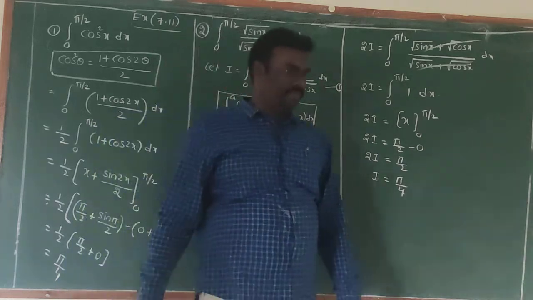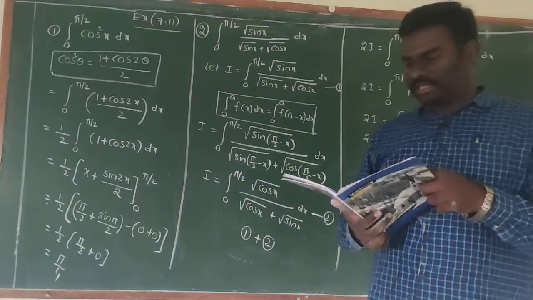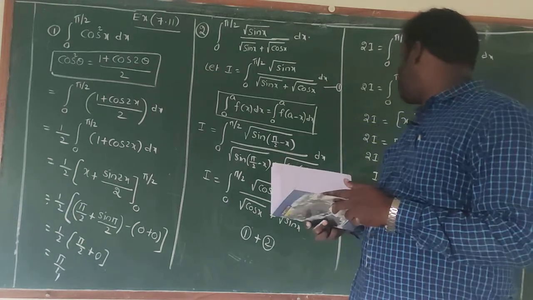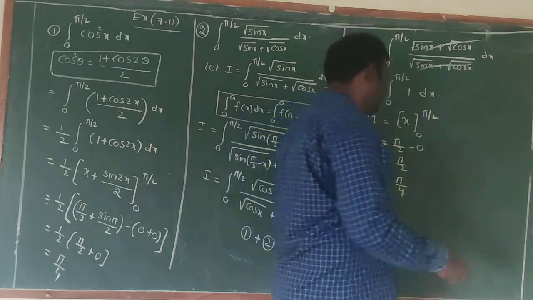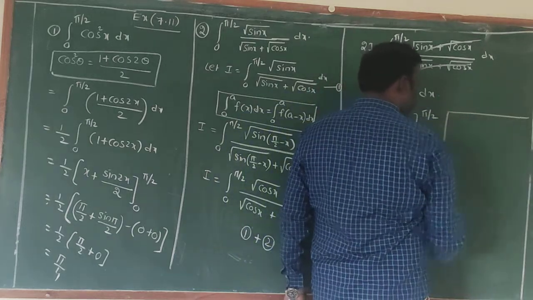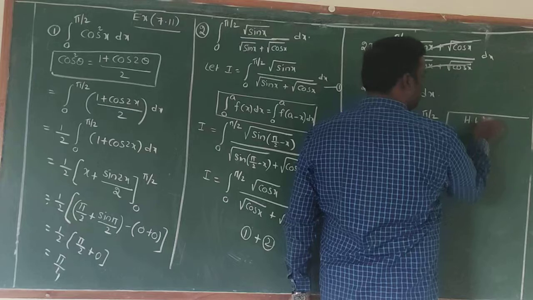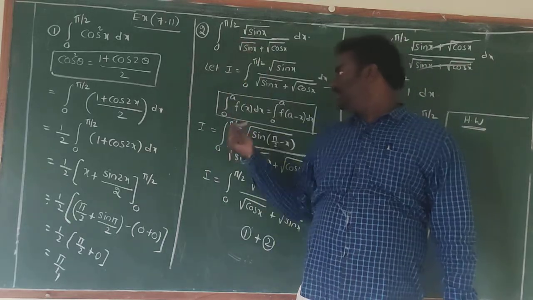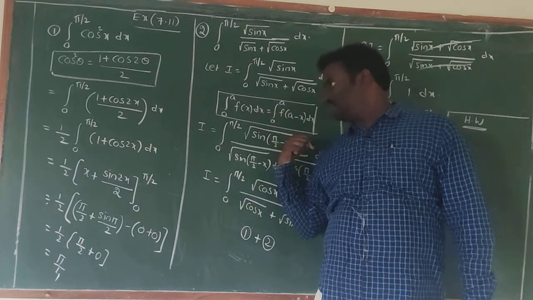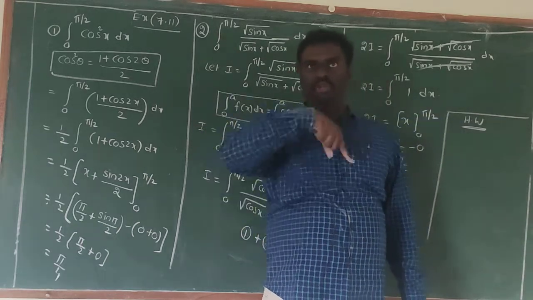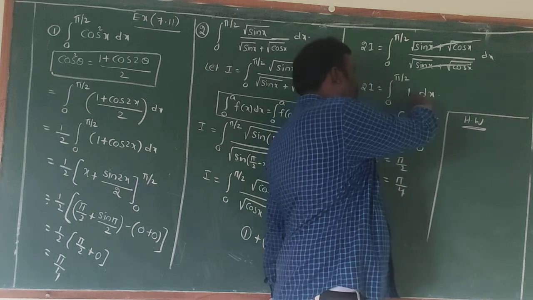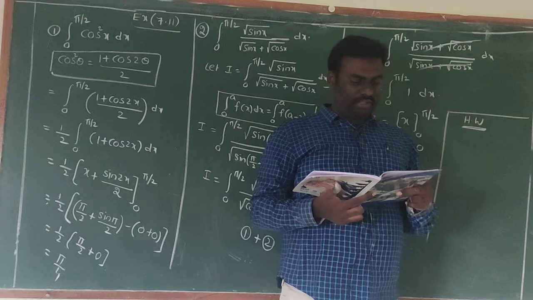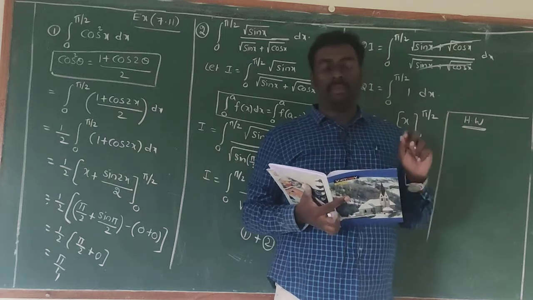Okay. Same model, we will discuss a few problems. I am giving 2 questions as homework. Same method you need to solve. Homework. Same method: you can write I, you use this property, one more equation, adding 1 and 2. Both numerator and denominator get cancelled. 1 you will get, the integration is x, the answer is pi by 4. For these two questions, the answer is the same, pi by 4.